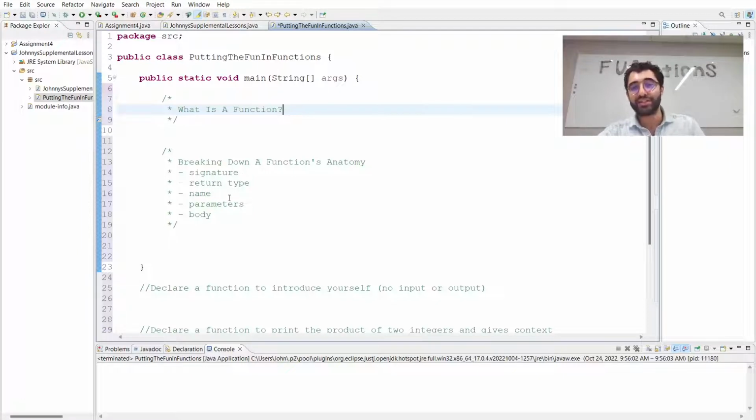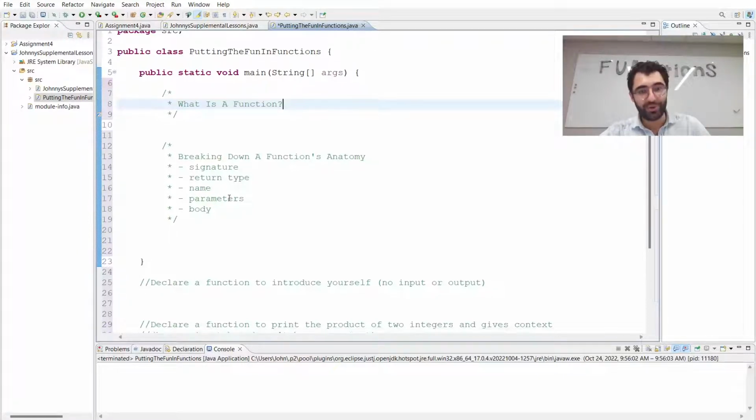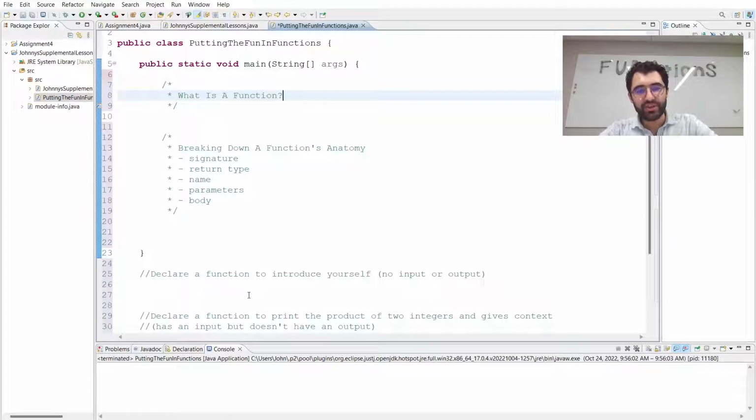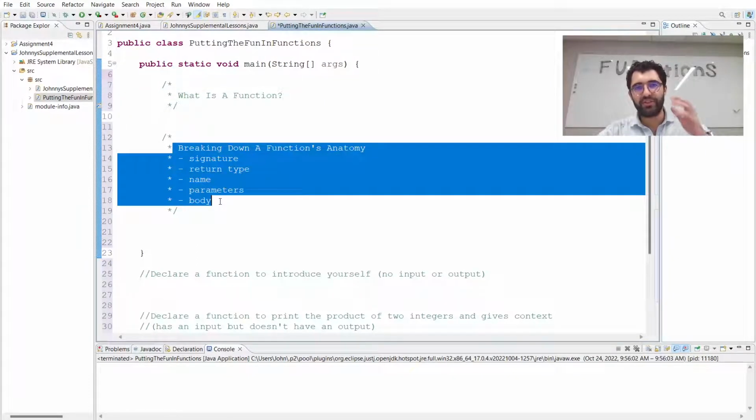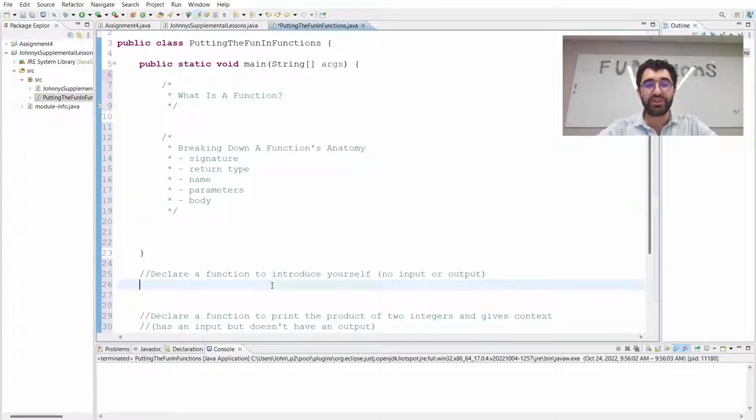And there actually is a part called the signature that we're going to talk about right now. So instead of going through all of these and describing what they are without you having any idea what I'm talking about, we're going to go ahead and declare a function in the same way that we declared a variable. We are going to say, this is a function, here's what its name is, and here's what it's going to do. So to make a function in Java, we say